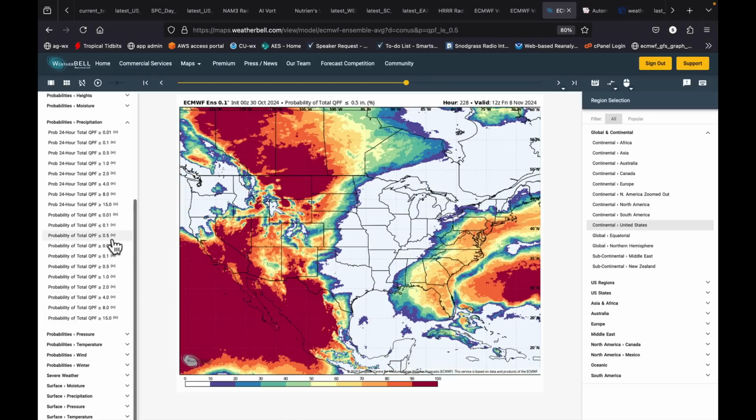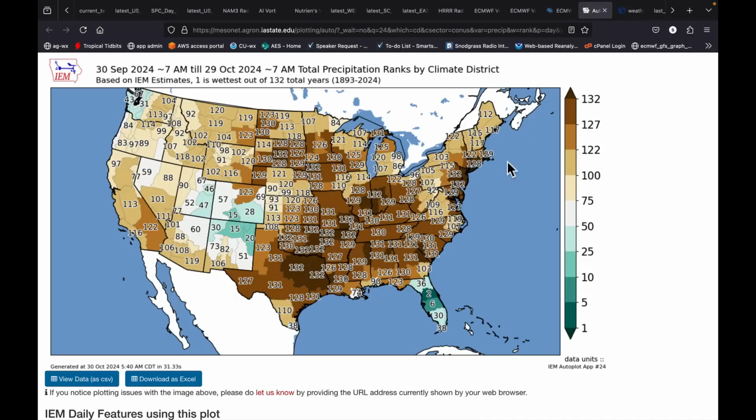Drier side of things. Who's staying under a half inch? Canadian Prairie, Northern Plains, the Southwest. We then see the Southeast and up the East Coast has the best chance. Now, after the next 7 or 8 days, we do have better chances of rainfall in the East. But right now, you look at a whole 10-day time period, and it's just not there. And the problem is that is an area that's been very dry.